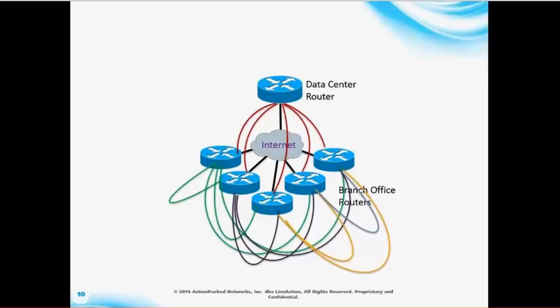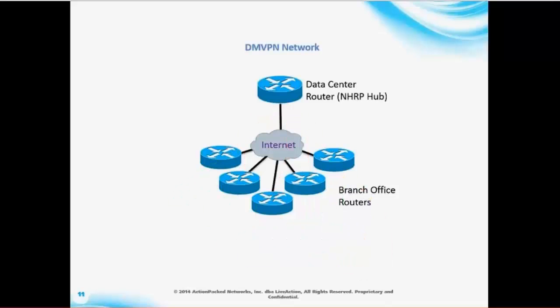Even for a very small network like we see here, there are many tunnels that we would have to configure by hand. And this is a simple network, but think of a real network that would have maybe hundreds or potentially thousands of branch offices. That would be thousands of VPN tunnels that you would have to configure and try to manage and maintain, and it just becomes infeasible. So the solution for that is